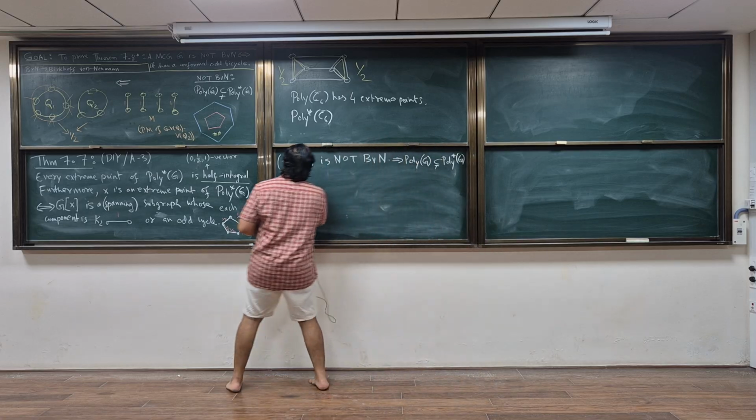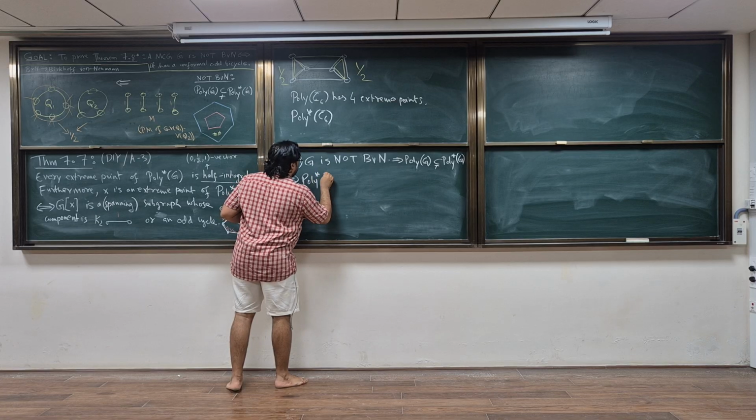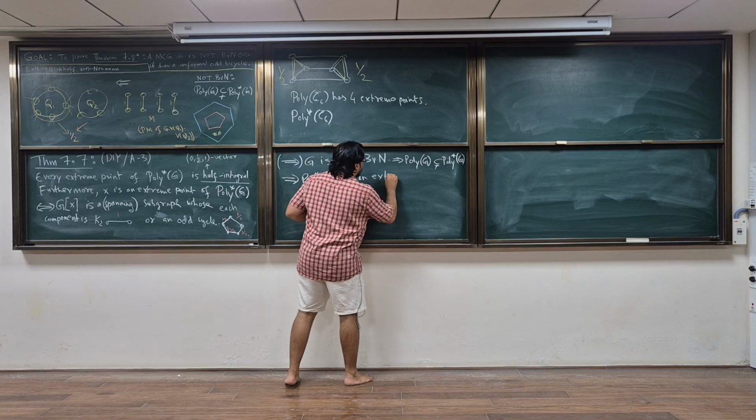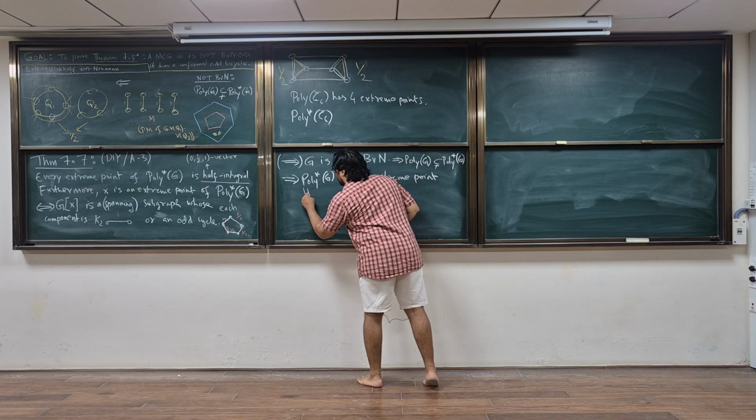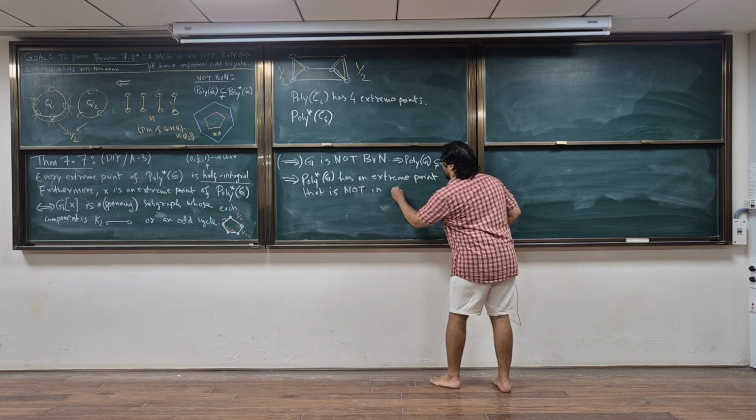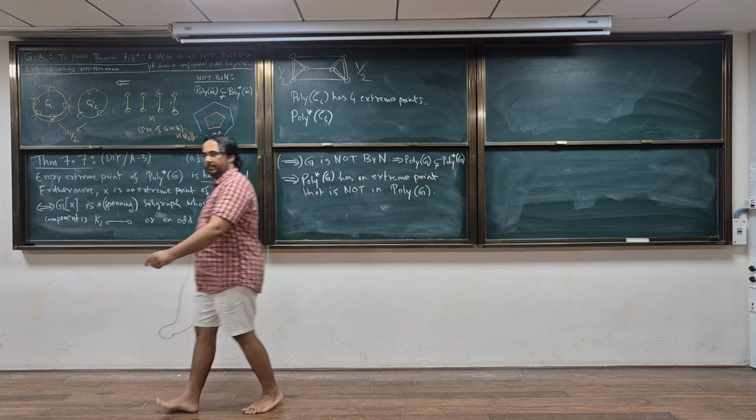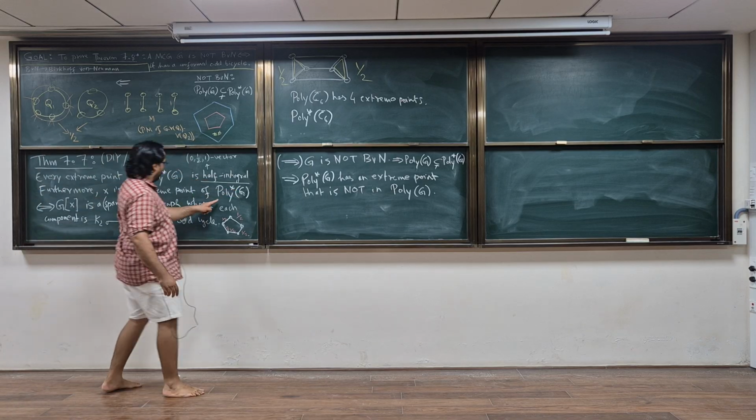Yeah? This implies that the fractional perfect matching polytope has an extreme point that is not in the perfect matching polytope. Yeah? That is something we already used when we proved Edmond's perfect matching polytope theorem. Is that correct? Okay? So there is an extreme point of this fractional perfect matching polytope that is not